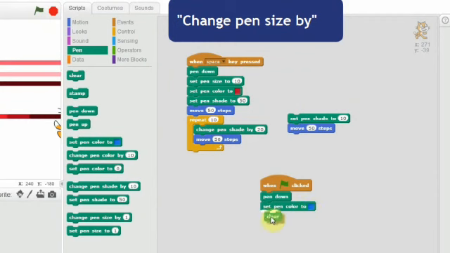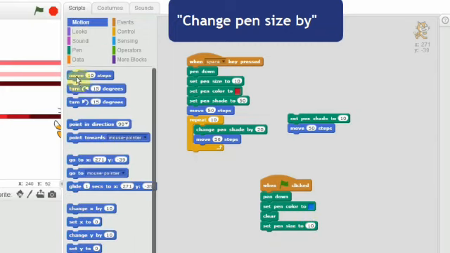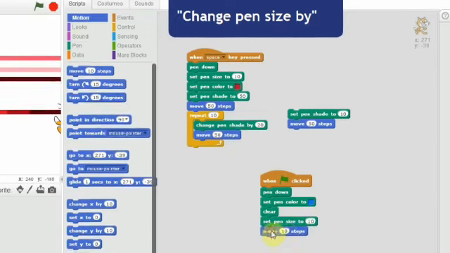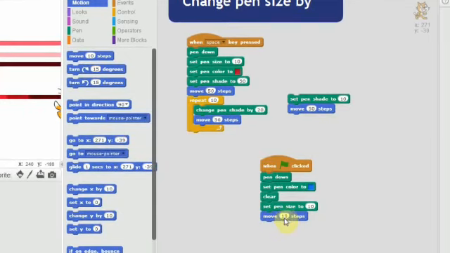I want to clear the screen. Next, set pen size to 10. Click the motion block. Click and drag the move block, 10 steps. Change the value to 50.